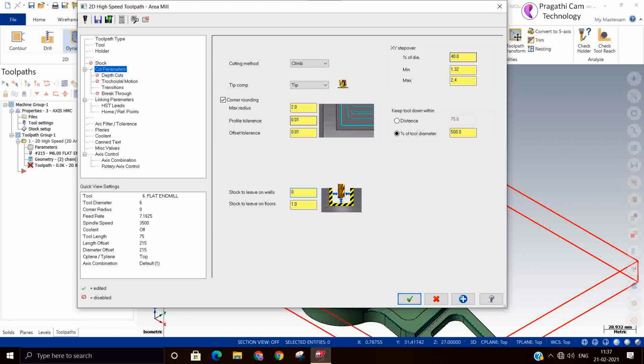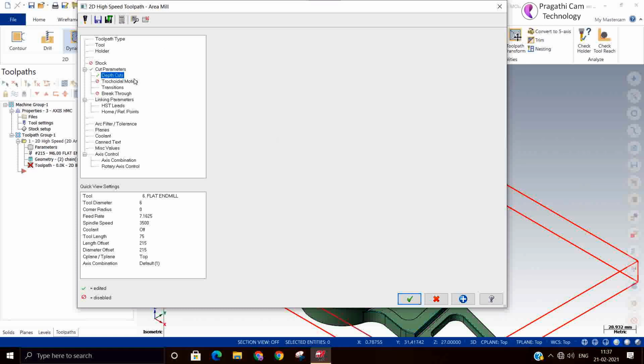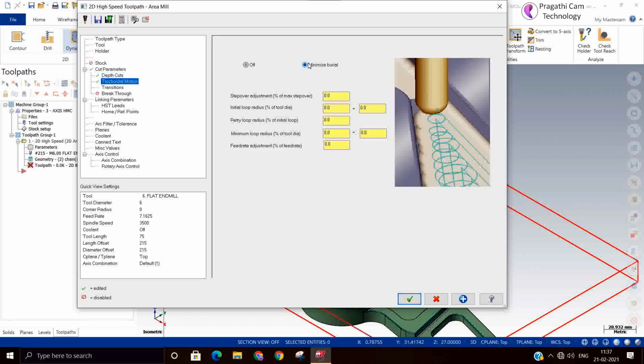Okay. If you want to stock, you can give the stock. Otherwise, leave it. We'll say keep tool down. Depth of cut. Here you cannot give much depth because we are going to machine the hard material. You can say 0.5. Cutting motion how you want. So whether the trochoidal motion you want.